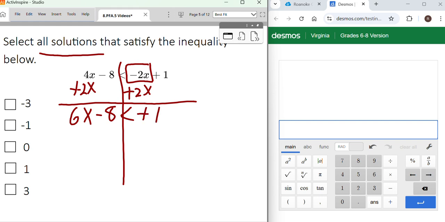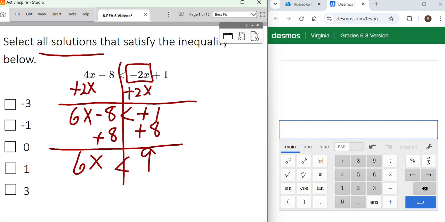I make it a habit to bring the sign with that, just so that I don't forget a negative, because that would make a big difference. I'm going to eliminate the constant by adding 8 on each side. Bring down my 6x less than 9. And then I'm going to divide by 6 on each side,